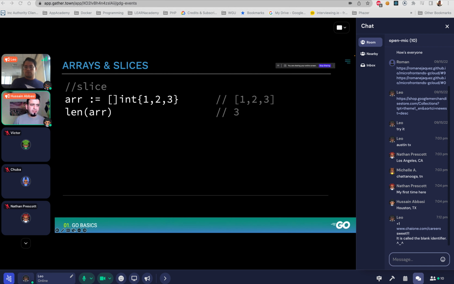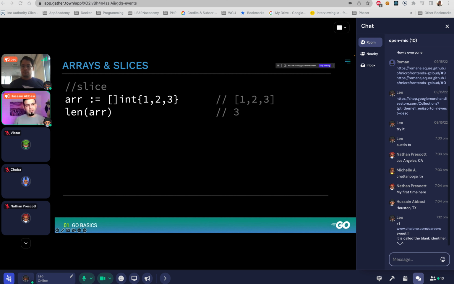Arrays and slices. A slice is just a projection of an array. What that means is there's still an array behind that slice, but you don't have to worry about sizing it and doing all that stuff. I don't want to make the comparison, but if you need to connect it to some other languages, let's say in Java, it's kind of like an array list where you don't have to worry about the underlying array. You just work with the list and it takes care of everything else. So that's what this one is doing.